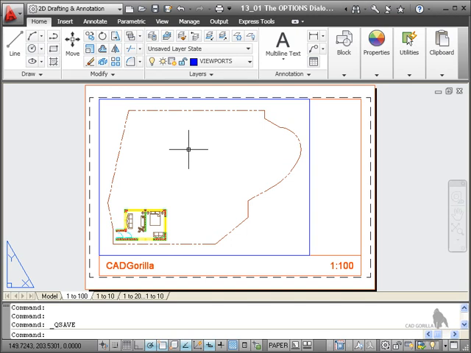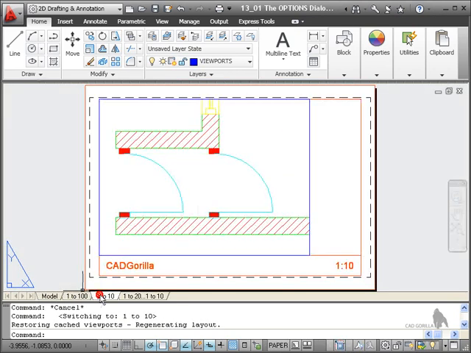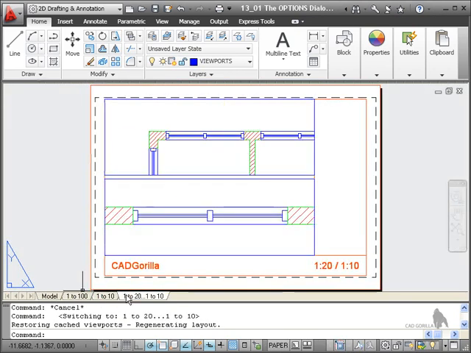Now, if you've worked with previous exercises in this course, you will recognize this drawing. It's the little house, sort of apartment type layout there with the boundary and so on. What I've done is change that drawing slightly and standardized it, so it's a little bit more obvious as to what it does. So we've got our model tab. We've still got information in the model tab. We've got 1 to 100 scale, 1 to 10 scale, and 1 to 20 and 1 to 10 on this